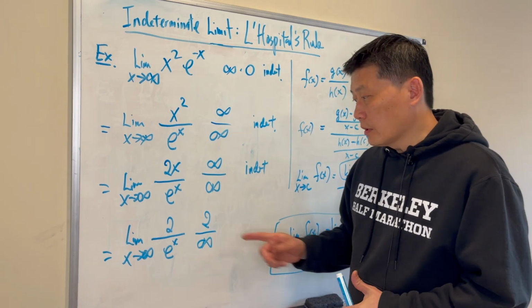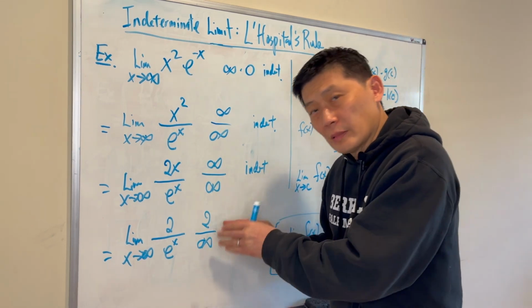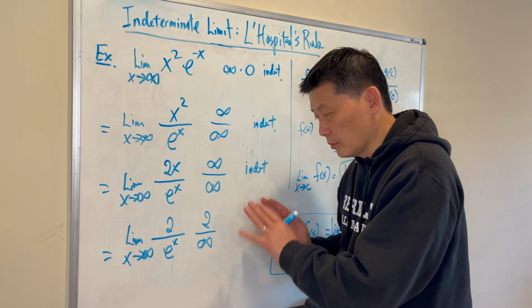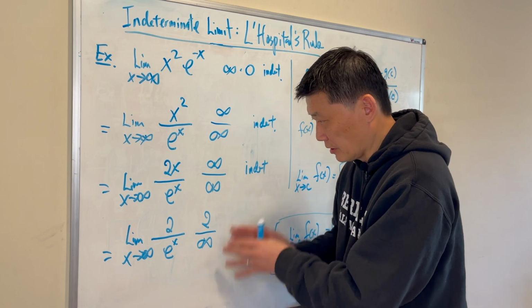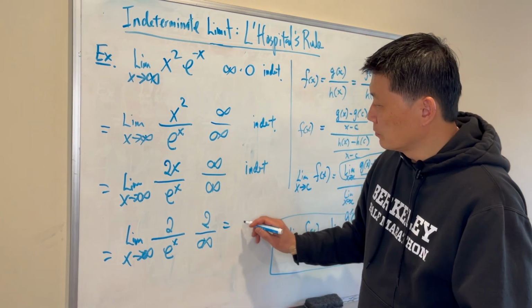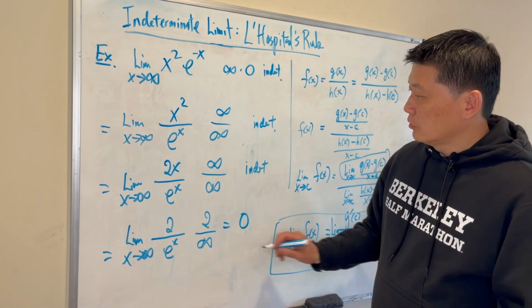Now 2 divided by infinity just means that 2 will be divided by a value that gets bigger and bigger and bigger. A finite value divided by something bigger and bigger will eventually become 0. So this answer